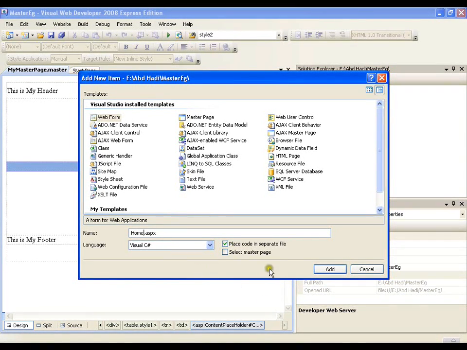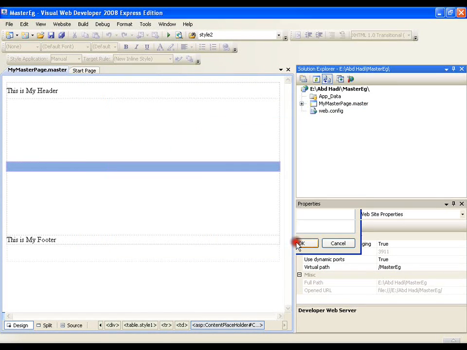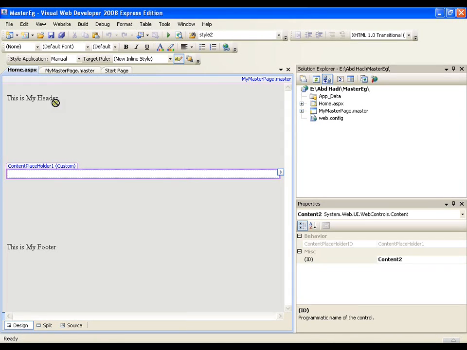At the time of adding the page, I need to select master page. It means that this home page will be a child of the master page. What is that master page? I'll say add. That master page name is my master page. I'll say okay. Now if you observe the home page, it has the header part and footer part fixed